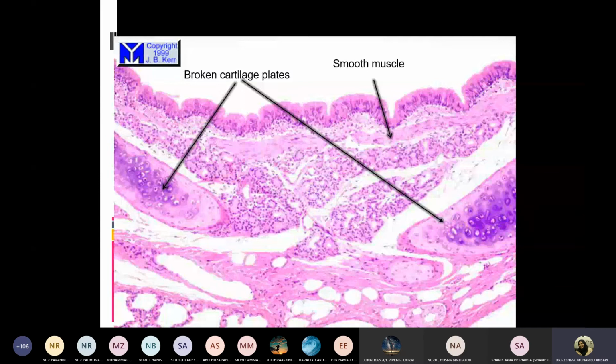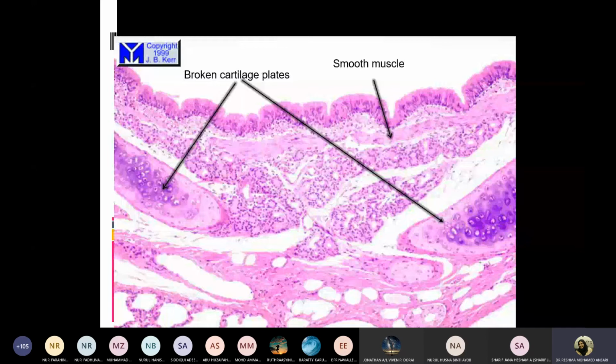Do you need cartilage in your lung? No, you don't need cartilage in your lung, because your lung should be expanding and contracting. It's an air exchange organ. So you don't need cartilage. The C-shaped cartilage starts breaking and finally disappears by the time it is present deeper into the